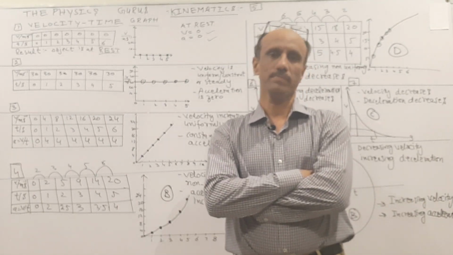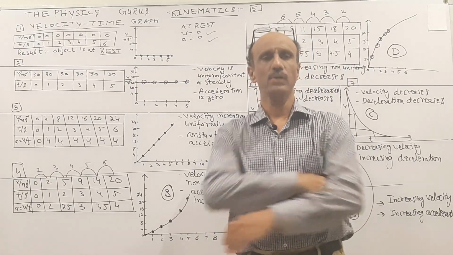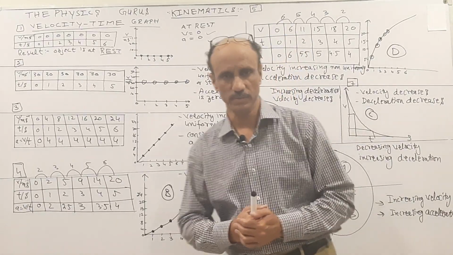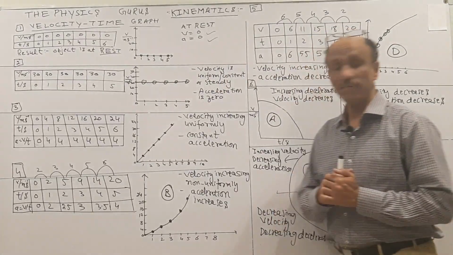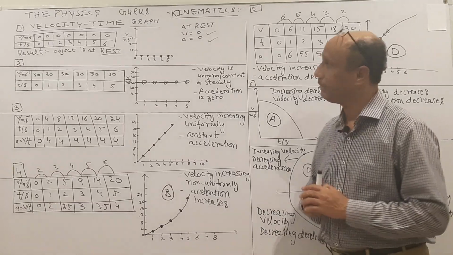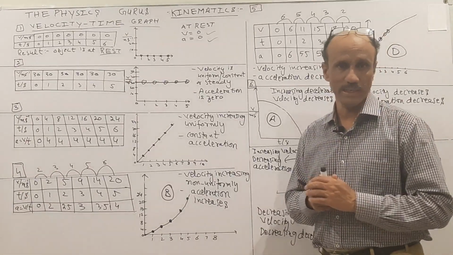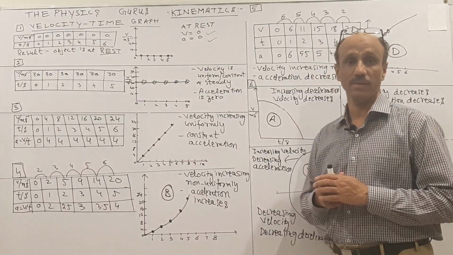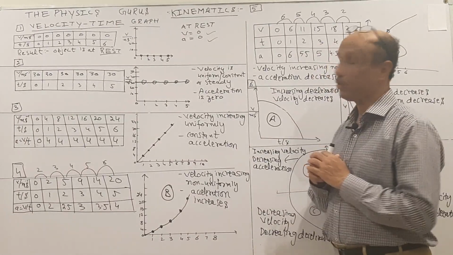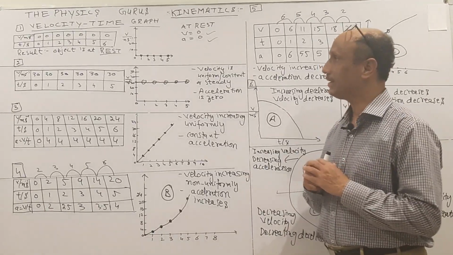Today we will discuss the velocity time graph related with the topic of kinematics, O-level physics 5054. So let us start. The first graph related with the velocity time graph, the table is given, the values are given in the table. The velocity is 0. So what does it mean? Can anyone tell? Okay, that is fine. The velocity means 0. That the object is at rest, it's not moving, it's stationary.